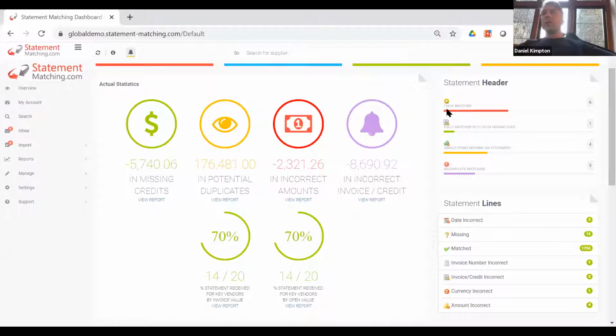Now, the other significance of fully matched: we've got many customers where this has been a big driver for them to get as many statements into fully matched status as possible. What that means is the supplier's sent you a statement, you've got all the invoices, everything's right. It also means that you've got no unpaid invoices on the ledger for that vendor that are dated before the